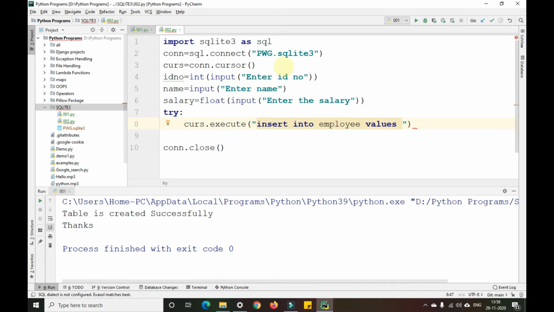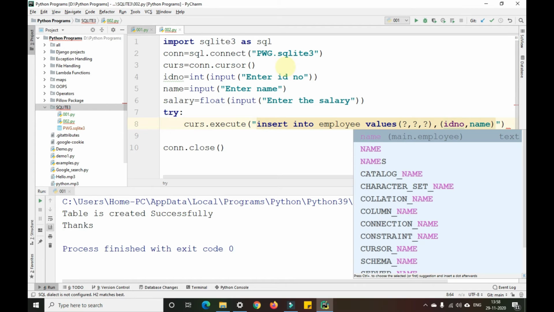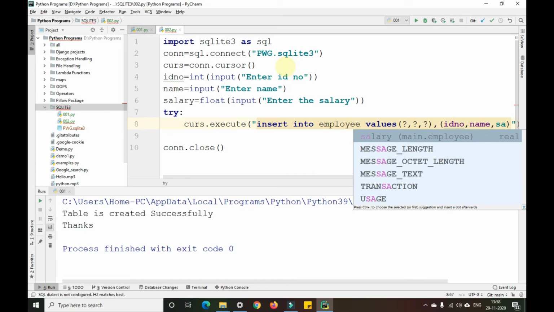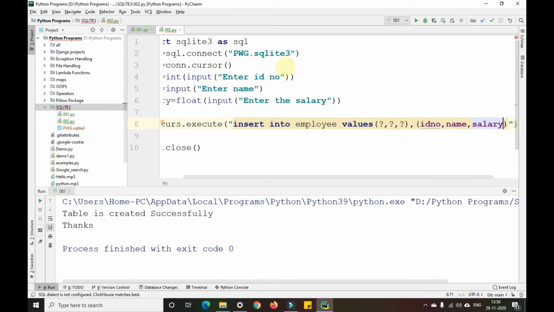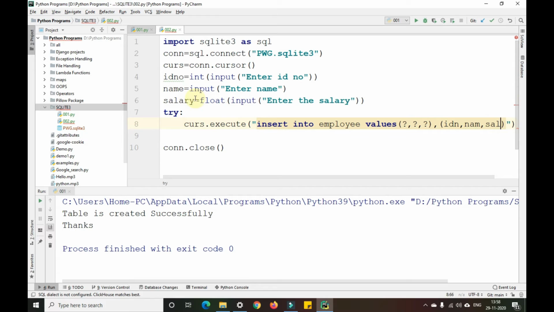I'll take three question marks here, comma, question mark, comma, question mark, and I'll pass that particular ID number, name and salary here, comma, ID number, comma, name, comma, salary. Otherwise we'll take ID N here and NAM here and SAL here, so that it will not clash with the names that are already available there.